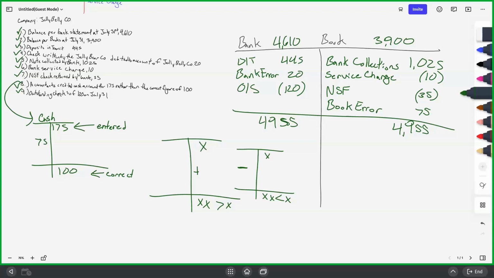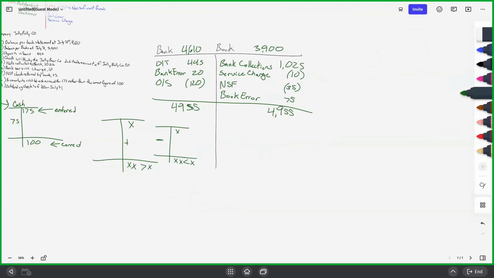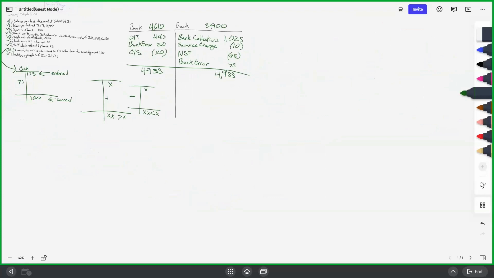So we are going to move on to journal entries for this, though, real quick, because some classes require journal entries to be known for the test. Now, there's 2 key factors in bank reconciliation journal entries. One, do we do the journal entries for the bank? No. It'd be like walking into someone else's place of business and saying, well, you're doing this wrong, let me do it for you. The bank doesn't want that. The bank will figure out its own stuff.